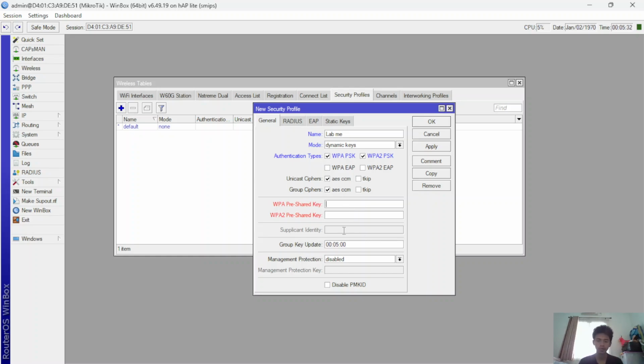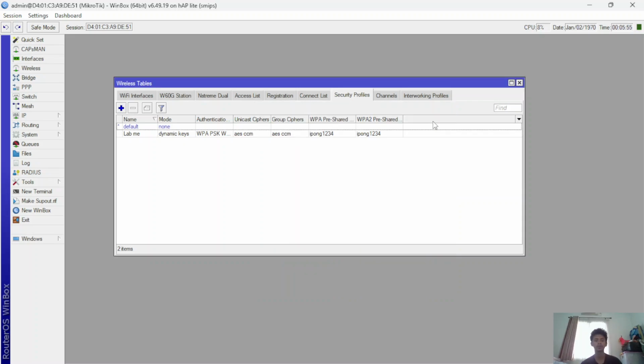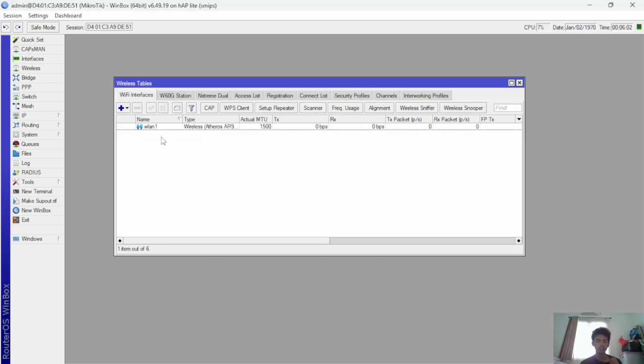Okay, I have a hotspot. The password of my hotspot is iPhone 1 2 3 4. Then you click apply, then okay. You go back to the Wi-Fi interface page.